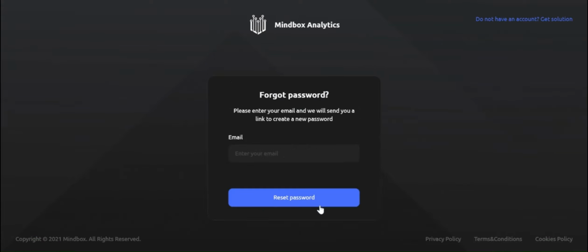Suppose you are facing any issue with the provided password, you can click on the forget option. From here, you can also create a new password. A link will be shared to the email address. You just have to write the email address, for example, like this, and a link will be shared to your account, and from there you can change your password.